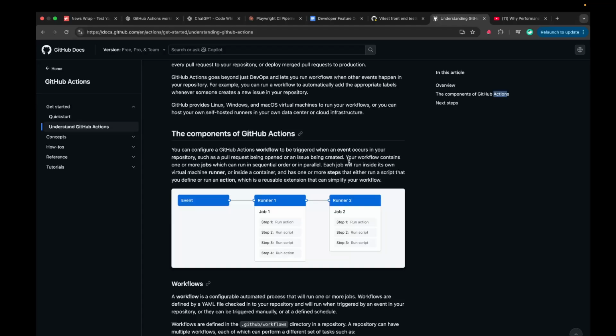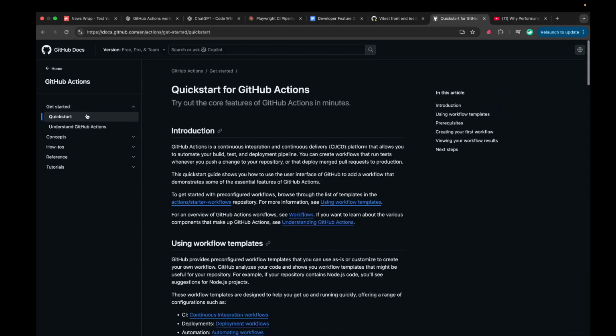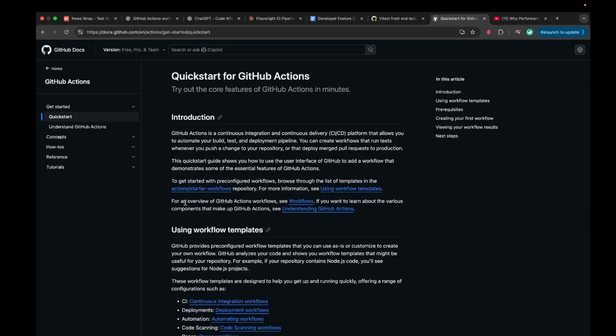Maybe after some time I might get used to documents and get good at it, like with the technical terms and all. But currently, when I read something and somebody says, "Hey, you are supposed to understand this, which is a reusable extension that can simplify your workflow," I should know what a workflow is first. Okay,